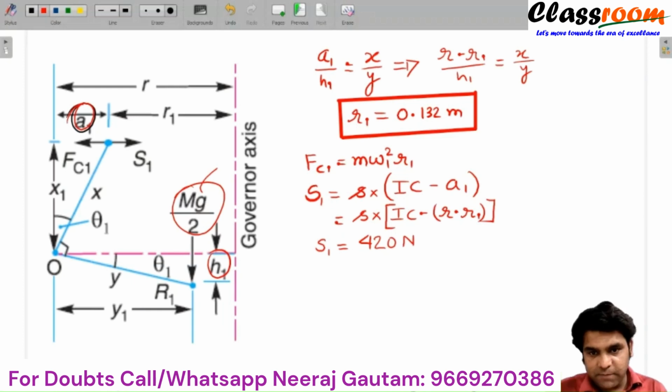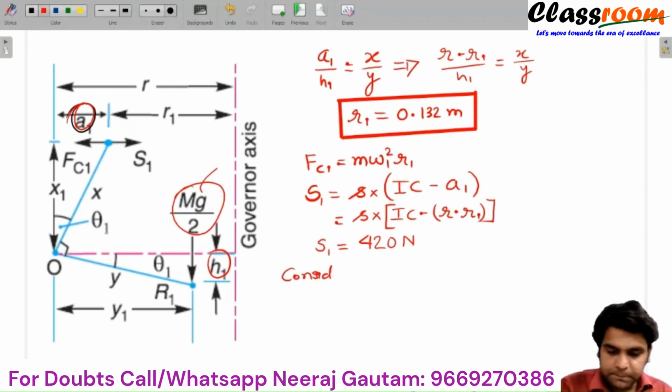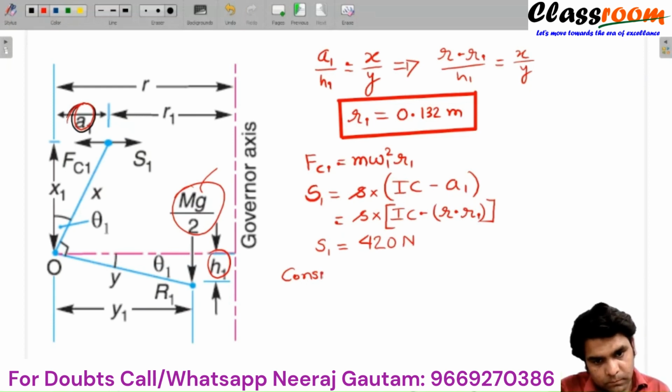This is 16 by 2 into g. Considering equilibrium